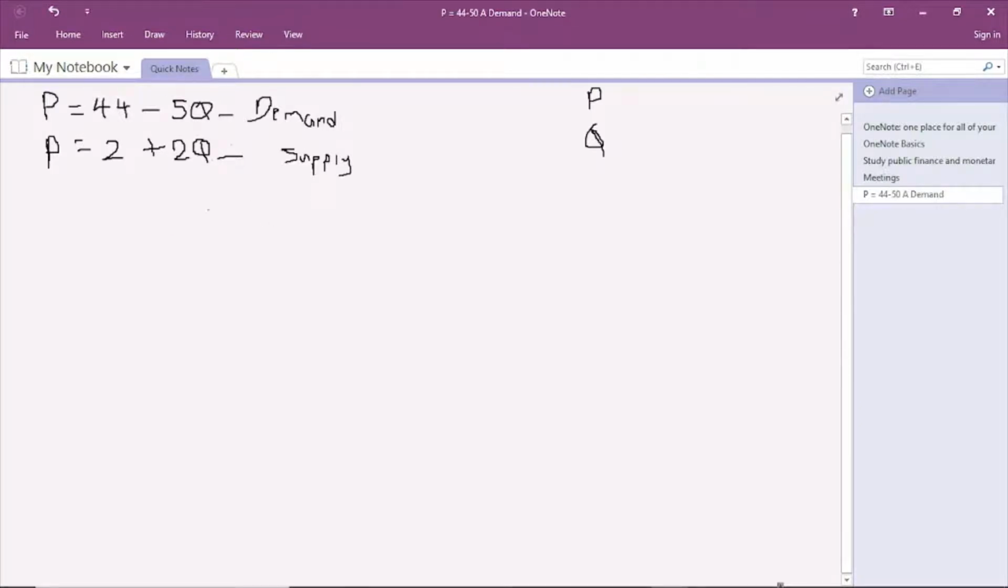So I'm going to get the demand equation, P is equal to 44 minus 5Q, and then I'm going to take it in P in the supply equation. That's why I'm going to take it, so that I find P and then I find Q. So this is what you can do. So here where there is P, you put 44